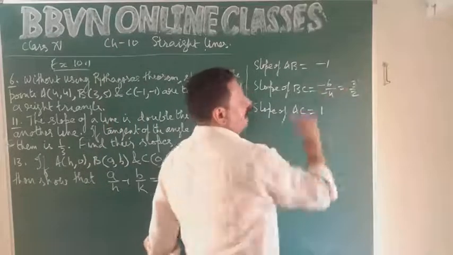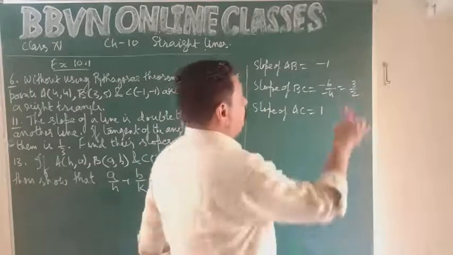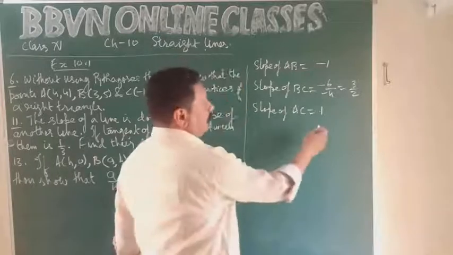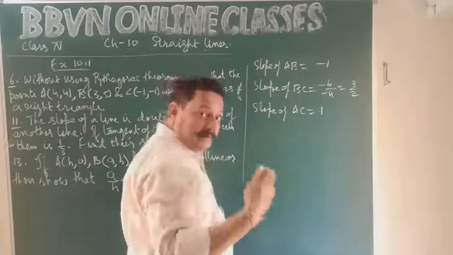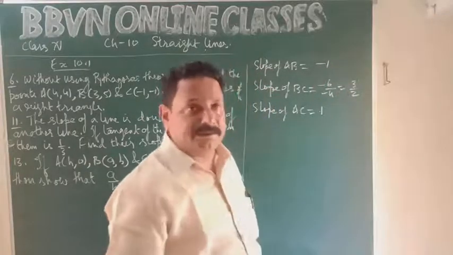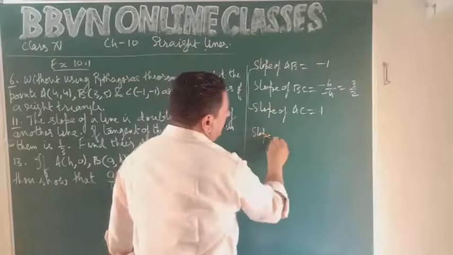3 upon 2 into minus 1 is not equal to minus 1. 3 upon 2 into 1 is not equal to minus 1. But 1 into minus 1 is equal to minus 1. What is the negative reciprocal of 1? Minus 1. And what is the negative reciprocal of minus 1? It is 1. So, slope of AB